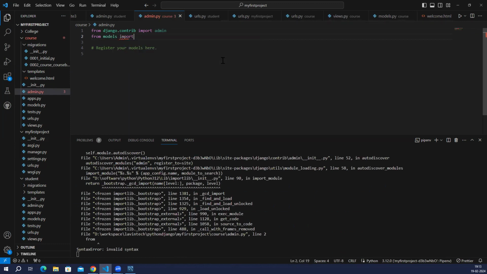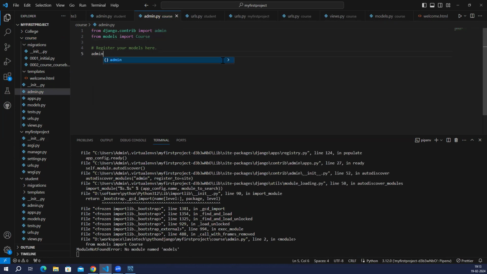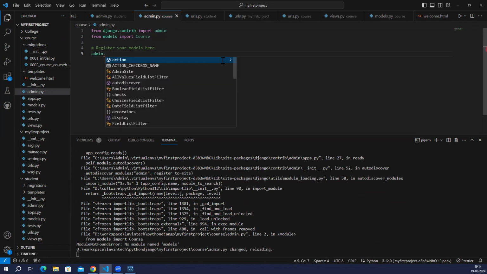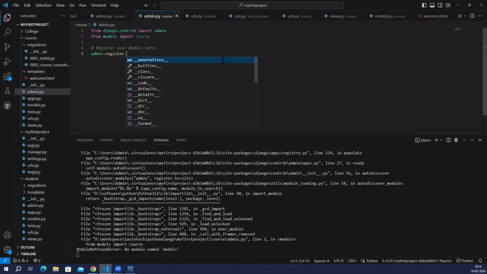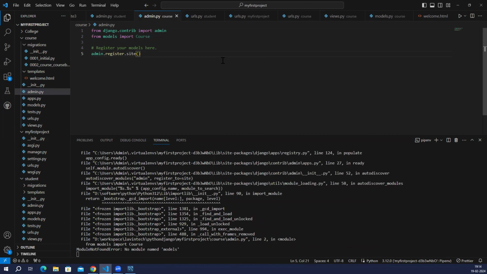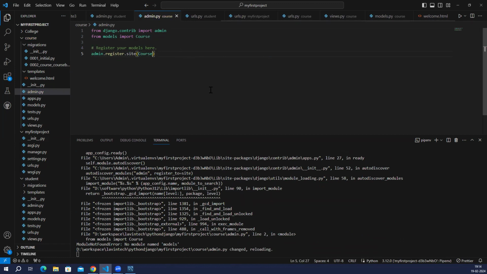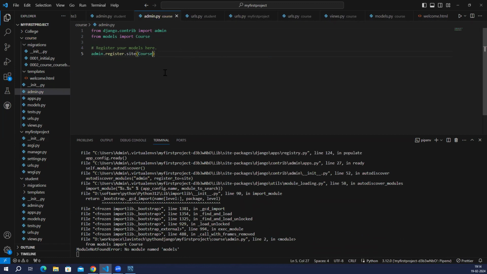Import what we need to import: Course. Next, admin.site.register(Course). If you do this,